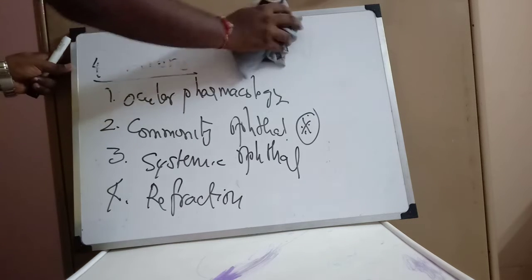So how are we going to go about our discussion of practical ophthalmology? First, we are going to discuss history taking. In history taking, we will first discuss the symptomatology, the different symptoms with which any patient is going to come to the ophthalmology OPD. Then we'll go on to clinical examination of the eye, then investigations, and then basic management. This is our general discussion of clinical examination of the patient, after which we will go into individual cases. We will deal with cataract, corneal ulcer, and so forth, each and every case.